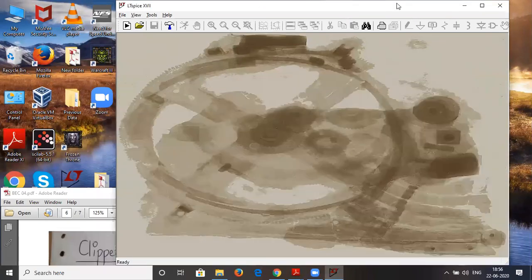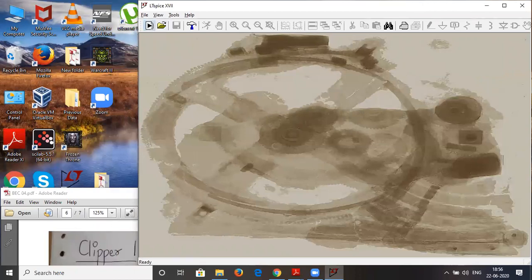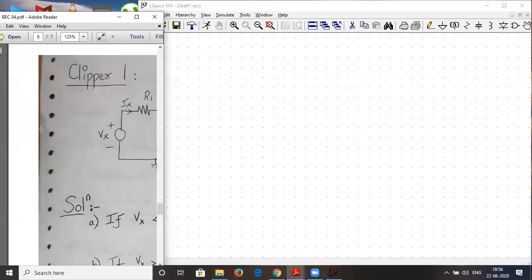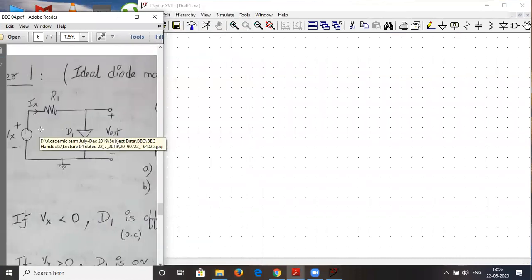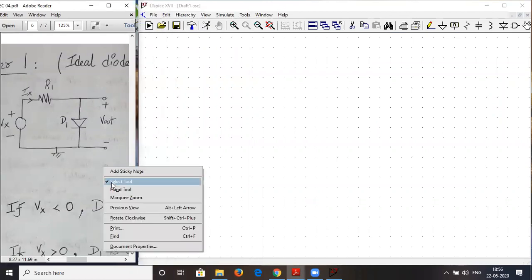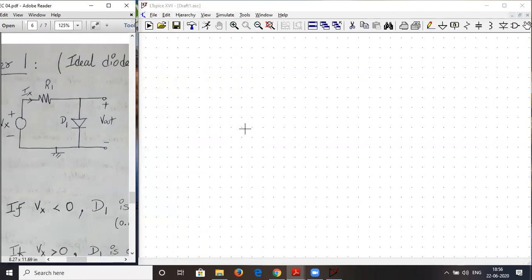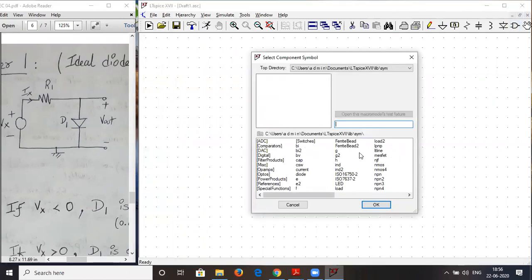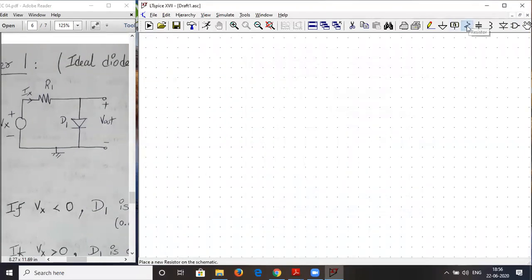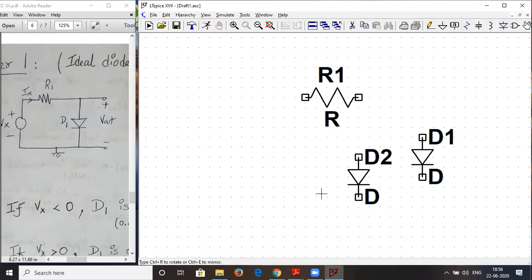Okay, so let me adjust the screen and open a new schematic and have this circuit over here. I guess it is fitting now. Let me reduce it a little more. Yeah, now it's fine. So let me build up the circuit and let us see what really happens. For this, I need a resistor first. I can take it from here. I'll press Control R to rotate. Then I require a diode. A diode is available here, so I can place this diode over here on the screen.